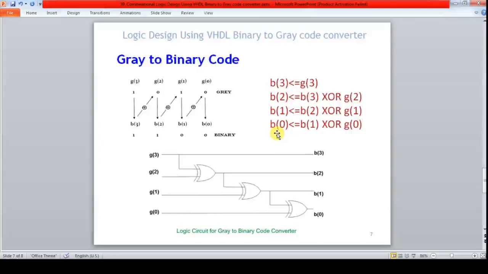You can write a VHDL code based on this implementation, and simulate and synthesize it for the gray to binary code conversion. The only difference here is that the MSB of binary is equal to the MSB of gray, but we have to take the binary output for the generation of the next binary bit. So B of 2 is equal to B of 3 XOR G of 2.